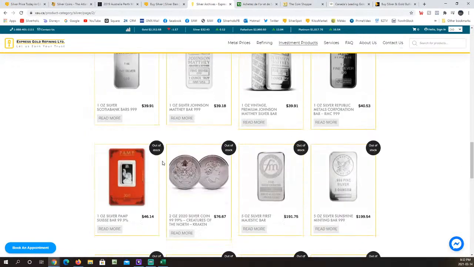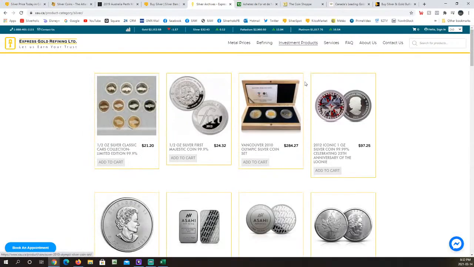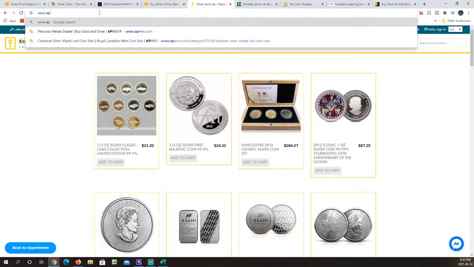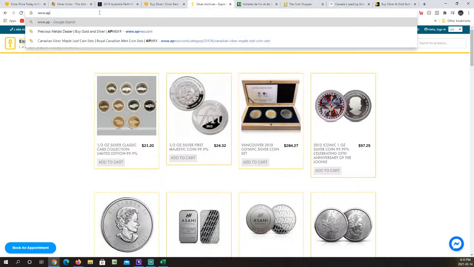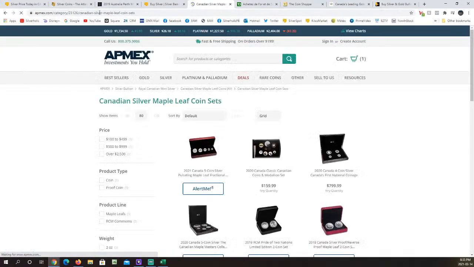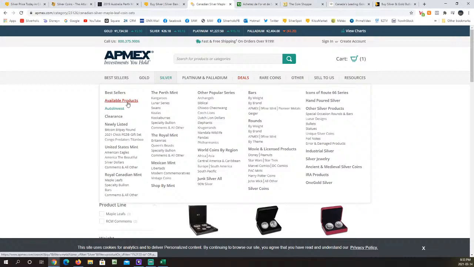So yeah, limited availability on everything. Okay, so they are really low on stock as well. Let me have a look at Appmax for you guys, if I can start typing correctly. Okay, so for silver,